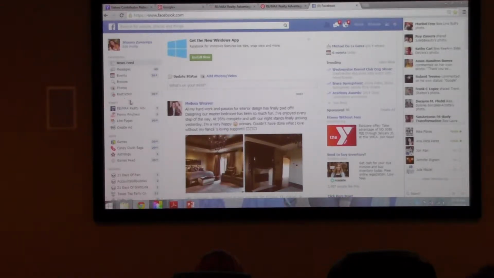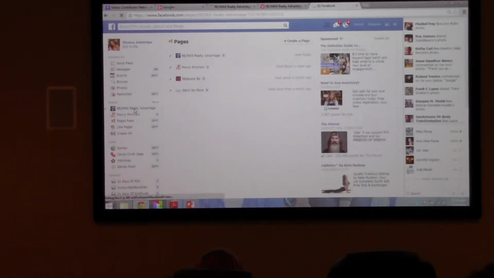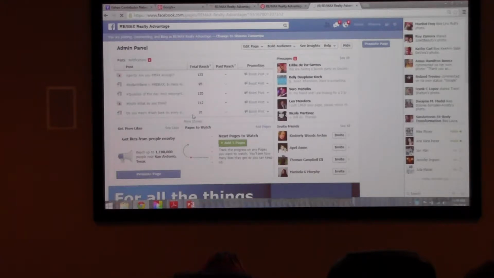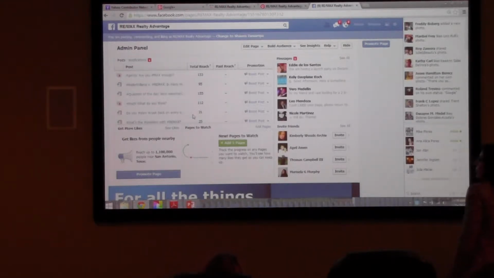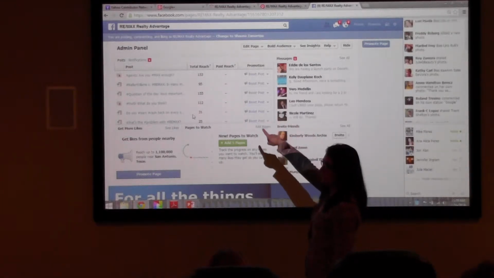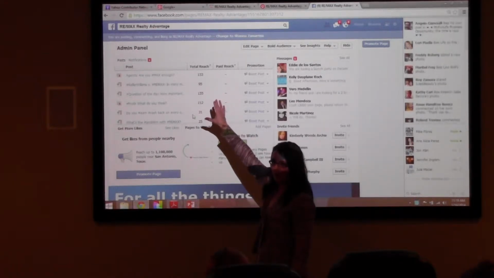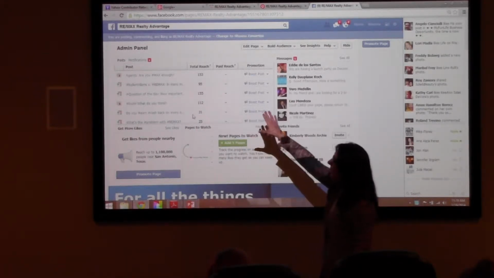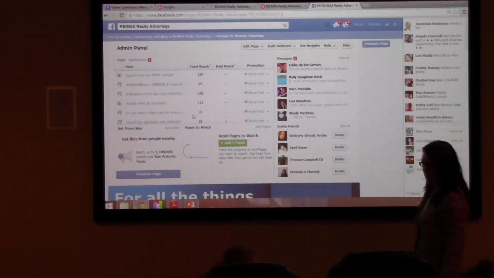Then you have all the pages that you manage right here. Anybody that's got a Facebook page should probably be pretty familiar with this interface. I use hashtags on our office page so that I can expand our reach, and it's giving me the data that I need on what hashtags are working and what hashtags are not working.